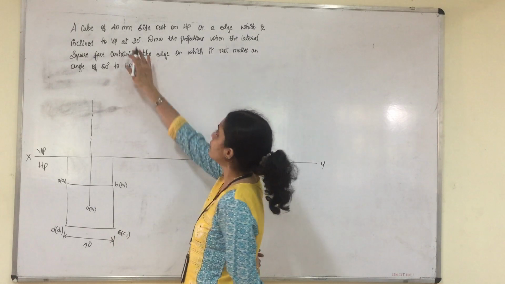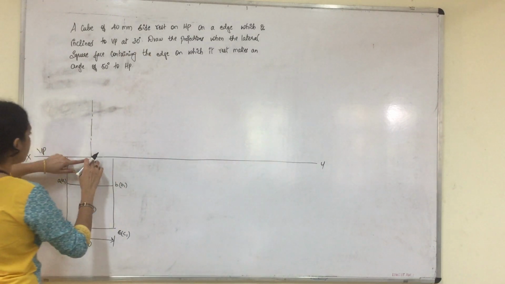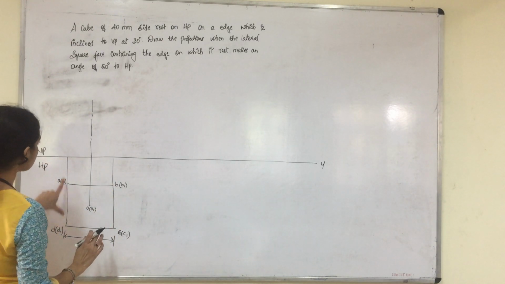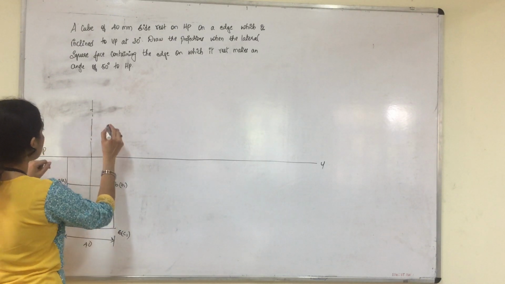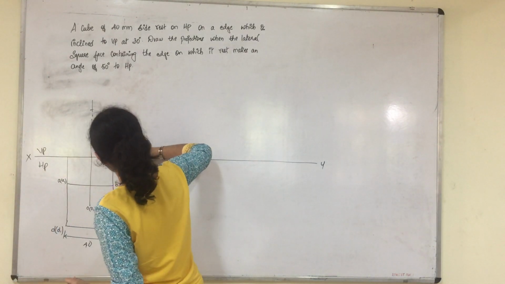Right? And you know that it is a 40 mm side cube. So please measure 40 mm from the center. Measure 40 mm exactly and just cut an arc. Similarly, extend the projection from this side